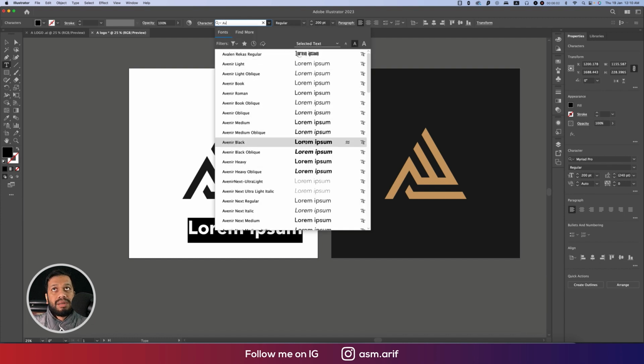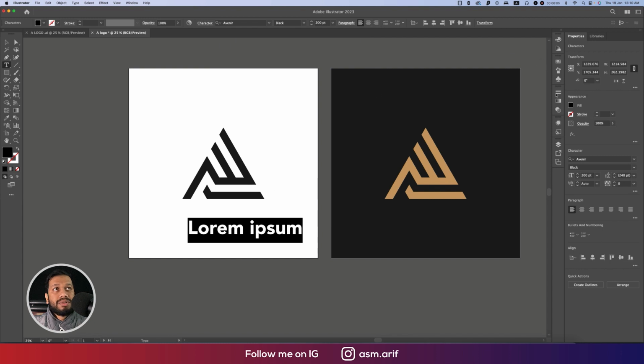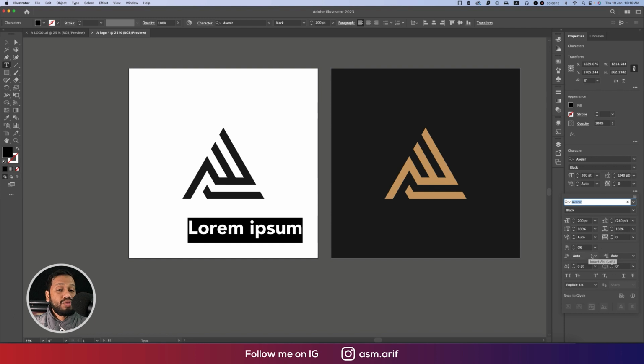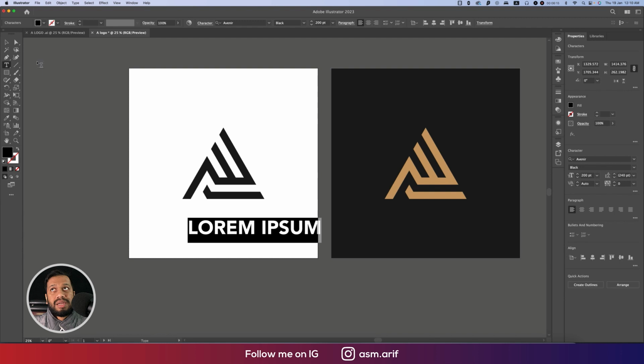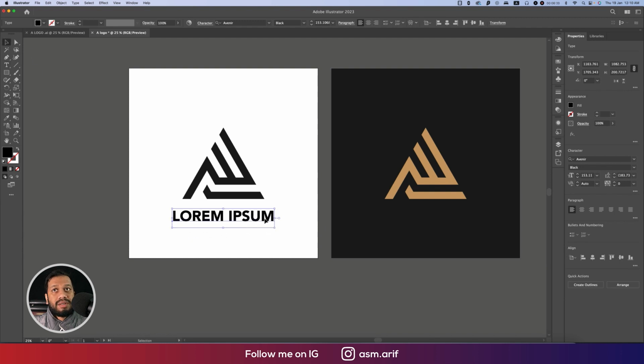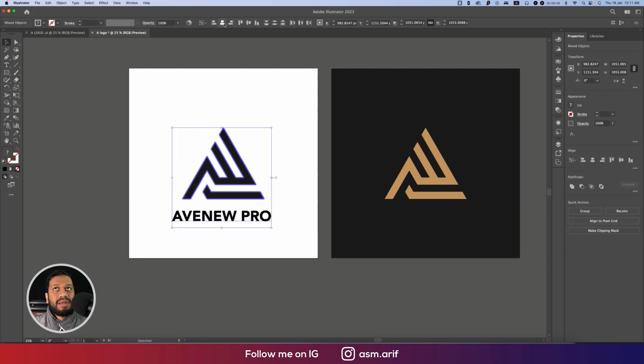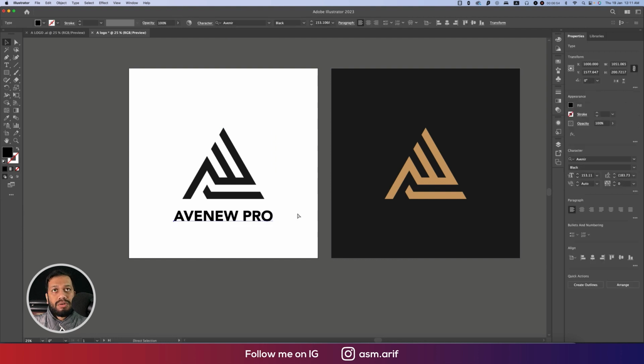Okay, Evening Black is a good option, and from the character options there are a lot more options, and making this one bigger. And now you can get the size like this and like that. So you should provide any sort of letter which starts from A, and in the middle of the artboard. That's fine. And now select this, Ctrl C and Ctrl F, and take this one over there and